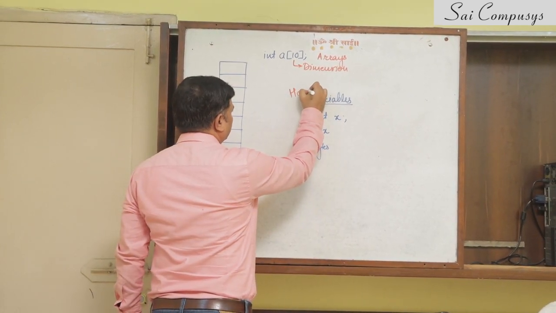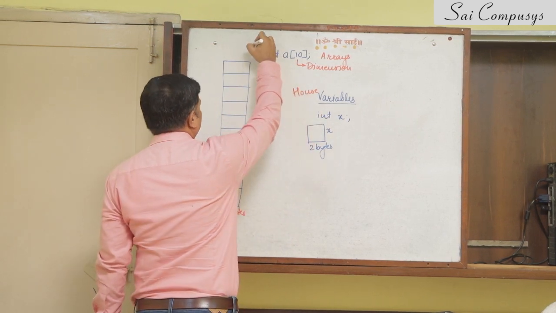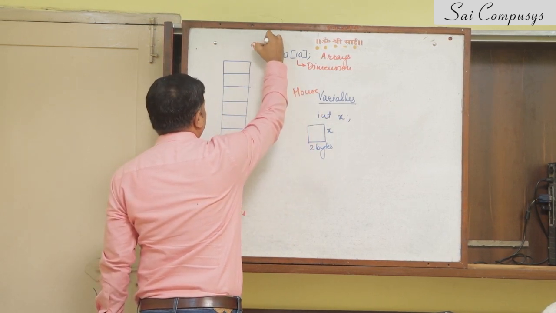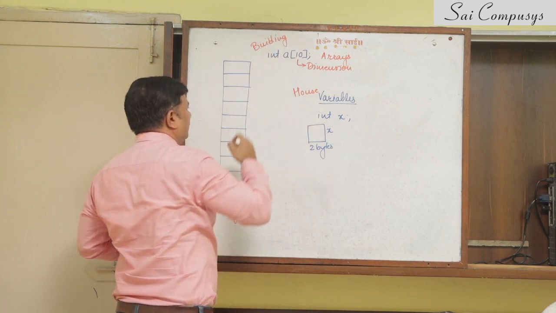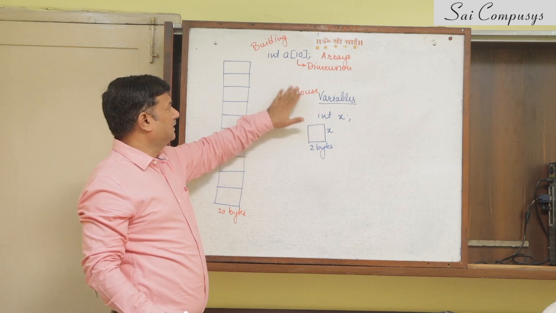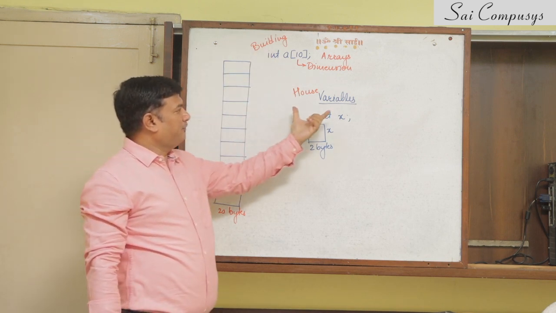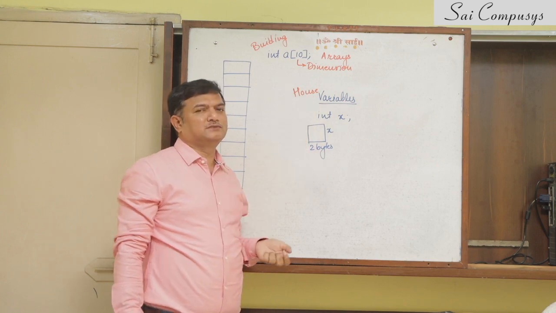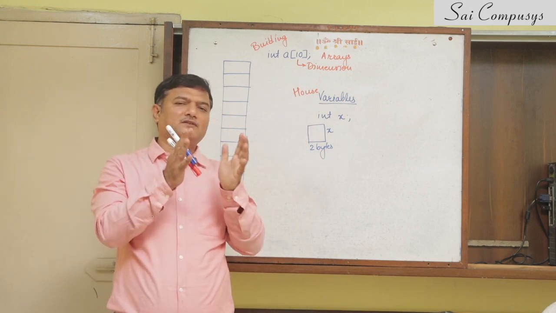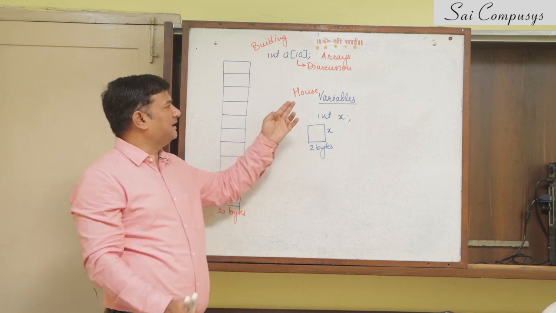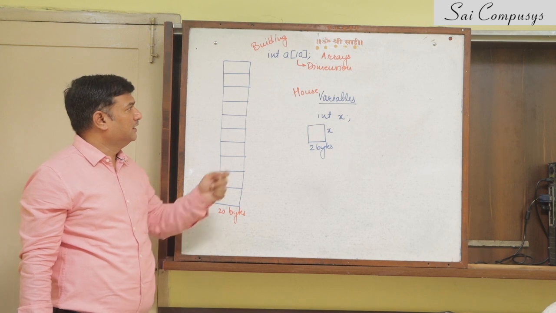While you are learning arrays, why don't you do one thing? Consider a variable as a single house and an array as a building, as an apartment. If you can understand this, you'll definitely understand arrays. A variable is like a single house. A variable can hold a single value. A single house can be used by a single family. A single family resides in a single house.